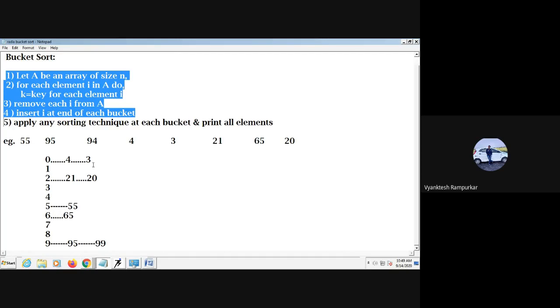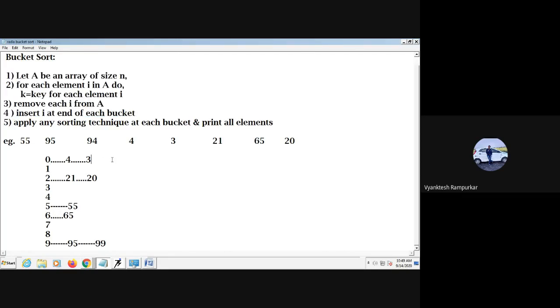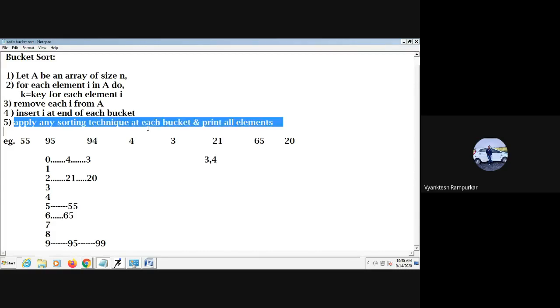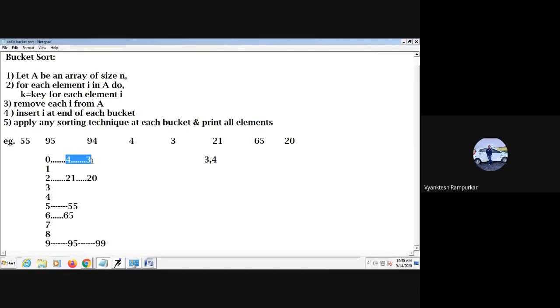When we apply any sorting technique at each bucket, so it becomes what? What is last step? Apply any sorting technique at each bucket and print all elements. So I am following step number 5, where I am applying any sorting technique on each bucket.